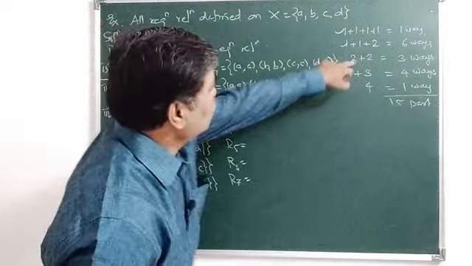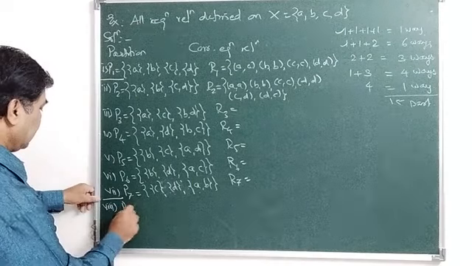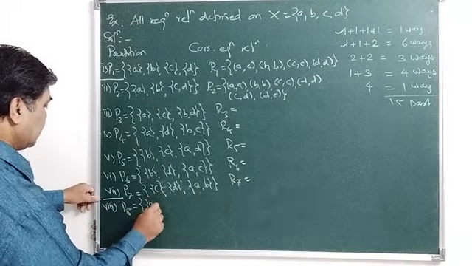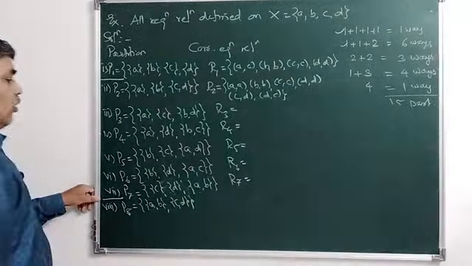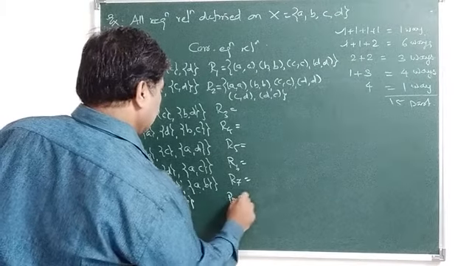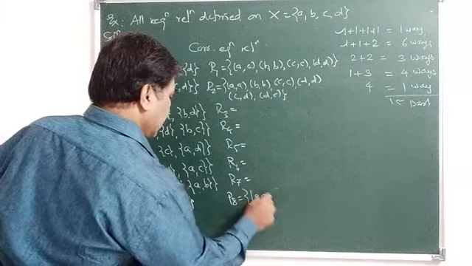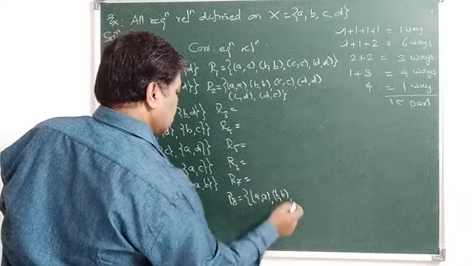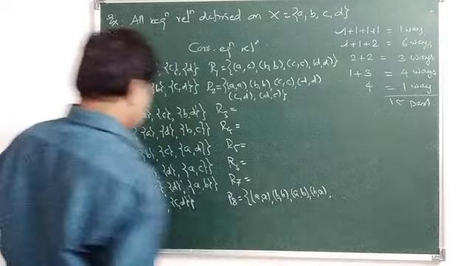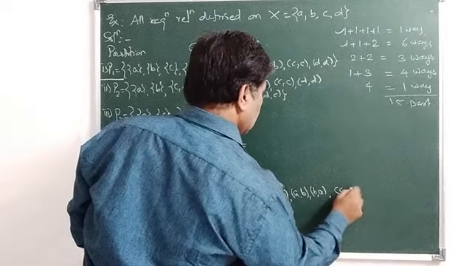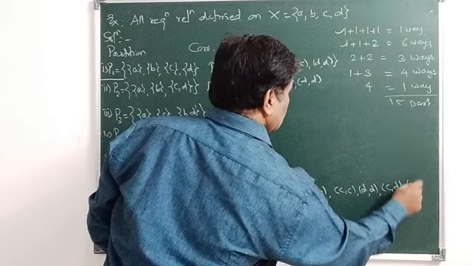Now for this 2 plus 2, 8, P8, 2 element sets, AB, CD. Now how many pairs will be there for this? P8 is equal to AA, BB, AB, BA, CC, DD, CD, DC.